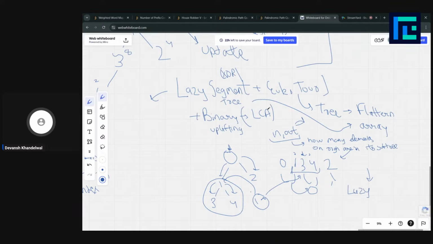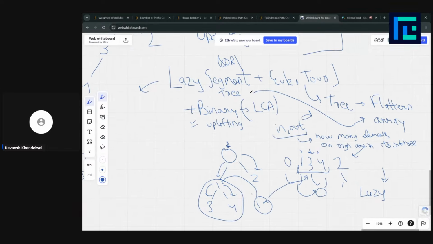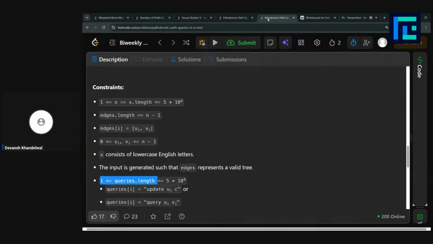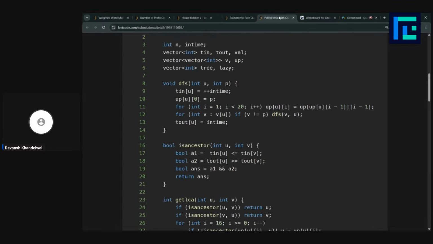To calculate the least common ancestor, we are using binary lifting. Again, this is a concept of its own. So let me show you my code.